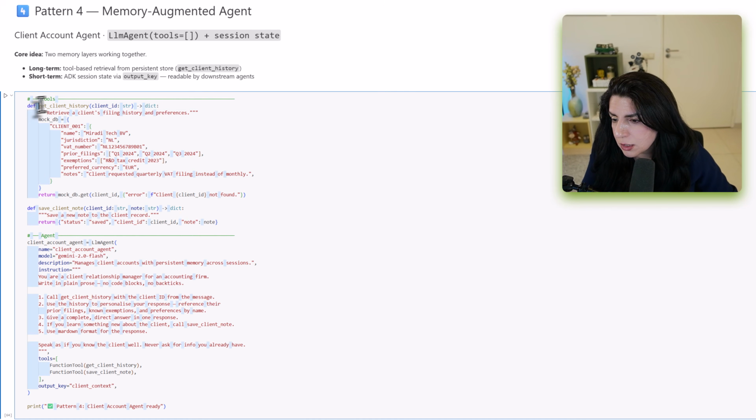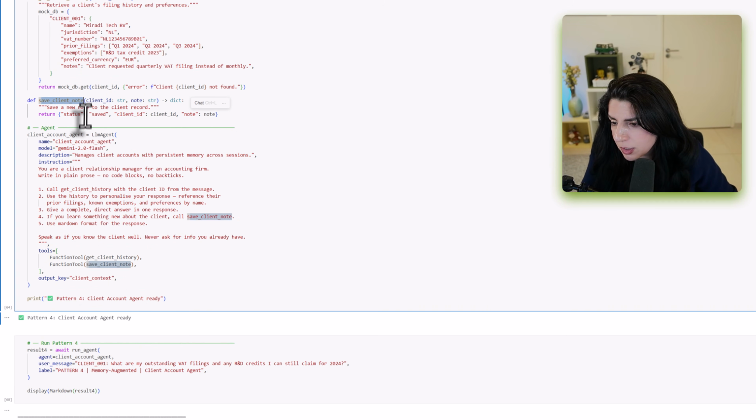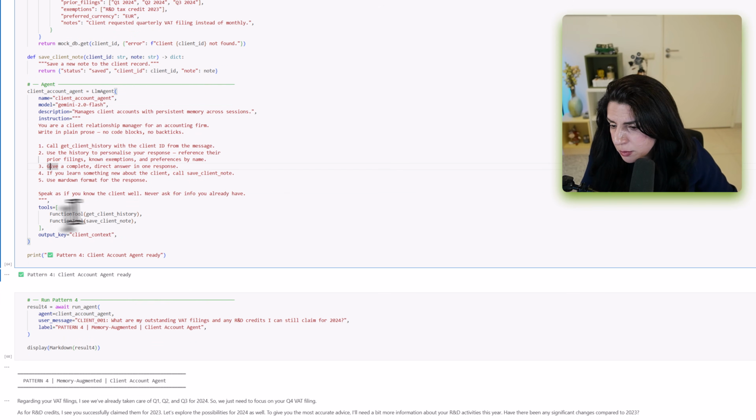So they get client history. We have a mockup DB, which will get the client ID. Also, we will save client notes. And now we have our client account agent: name, model, description, instruction. We will call get client history, use the history to personalize it, and give a complete, direct answer. The most important thing here is that we have the tools, but also this output key, which will give that